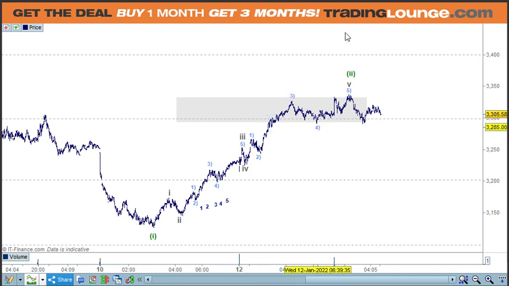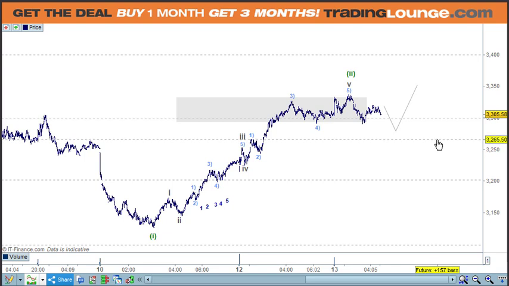And if we're going to get 5 waves, well, then that looks impulsive here, doesn't it? So we would get this move down as an A wave, a B wave, and a C wave here, and then move up from that point. This length should be something to do with this length, and it should stay within group 2. So with that in mind, if we take now the lower end of group 2, which is